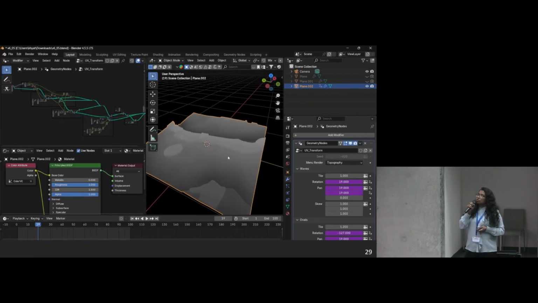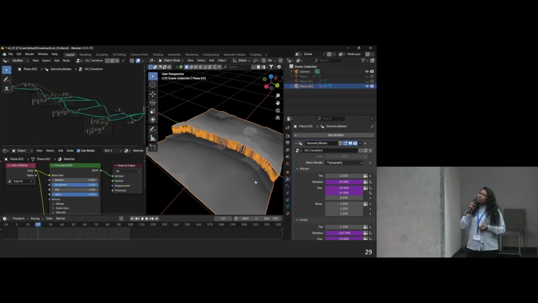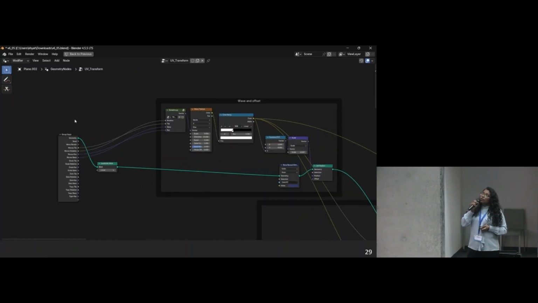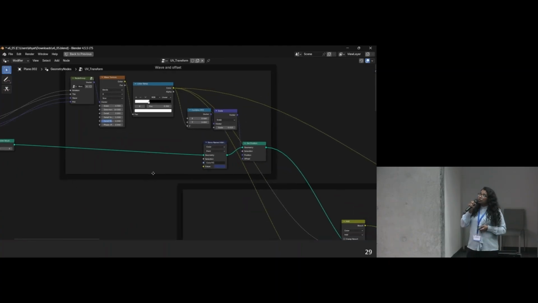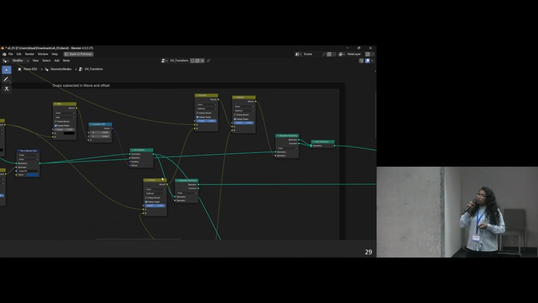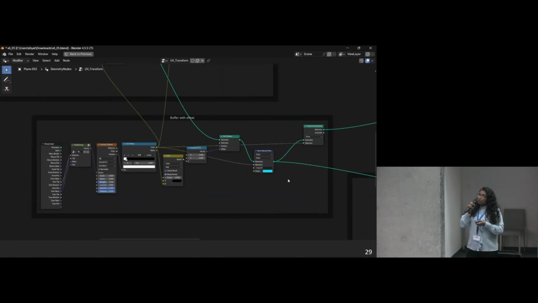you can first check the video. In geometry nodes, I'm using a color attribute to give different colors to this plane. And then I'm creating different features of interest, like circles, buffers, and terraces.